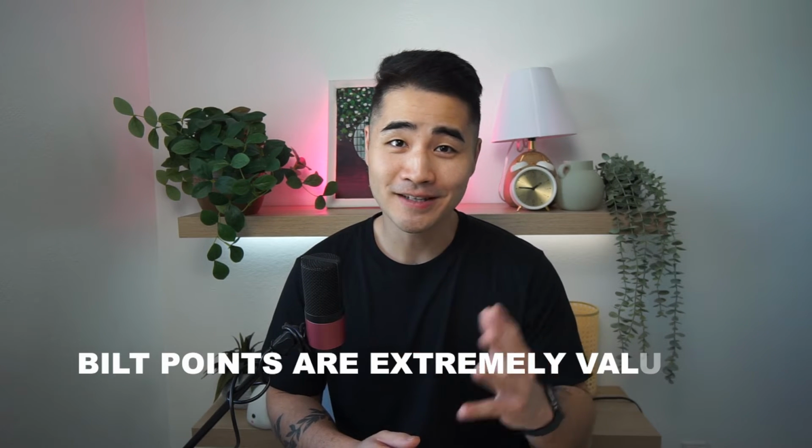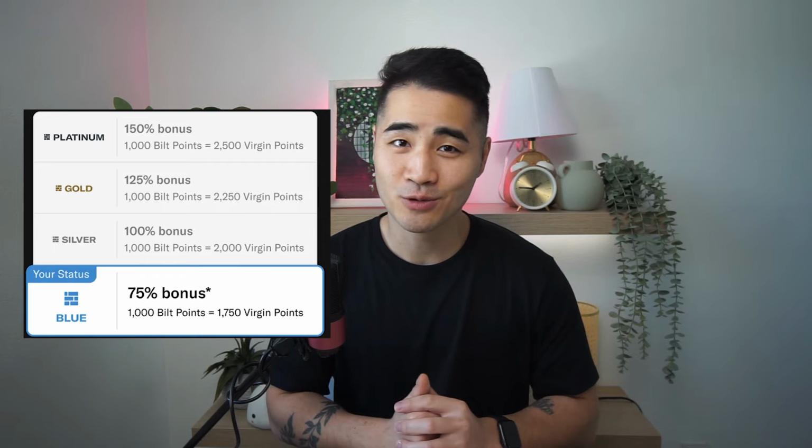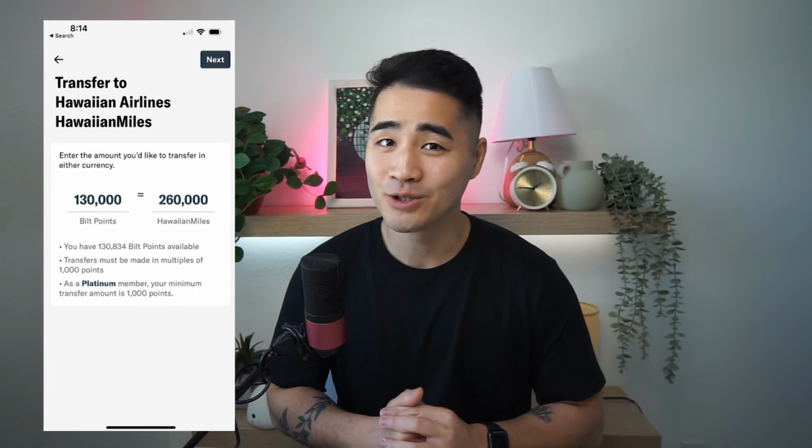Reason number 3, and this is my favorite reason out of this entire list, is that BILT points are worth so much. On the first of every month, there's something called Rent Day. And on this glorious day, BILT offers really generous transfer bonuses to different airline partners that are just really good for travel in general. For example, some of the bonuses that we saw in 2023 was a 2.5 times multiplier to Virgin Atlantic, a 0.75 to 1.5 times multiplier to Flying Blue, a 2 times point multiplier to Hawaiian Airlines,